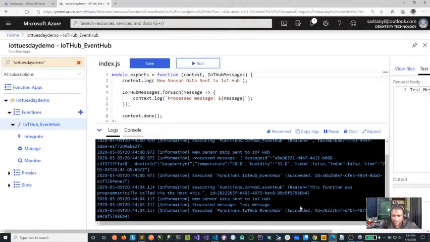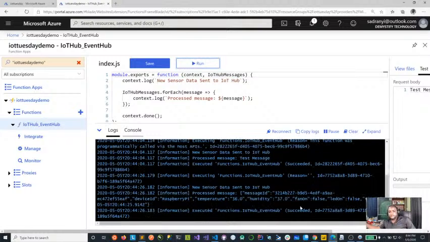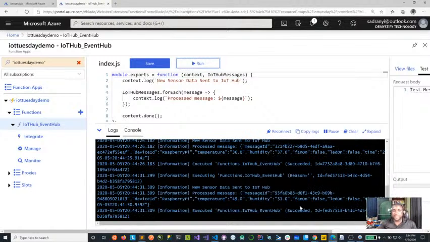So I'm going to do this again just to make sure that we have data coming in here. Okay. So as you can see, the data is coming in here, but in our code, we're not using it